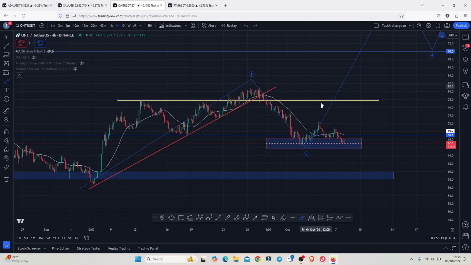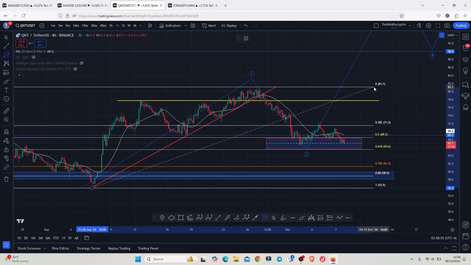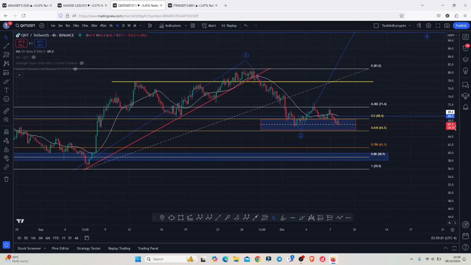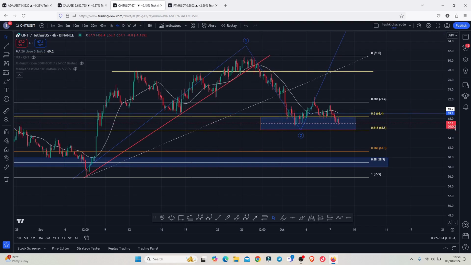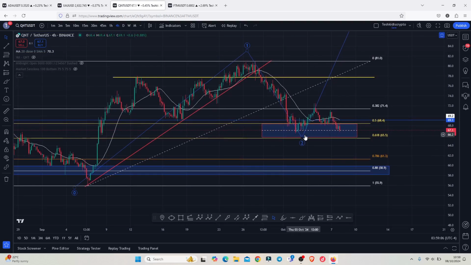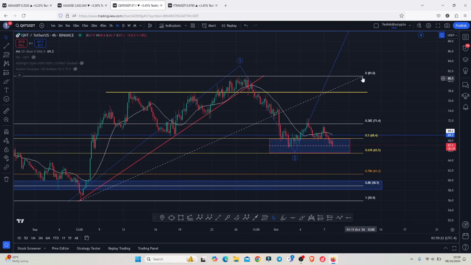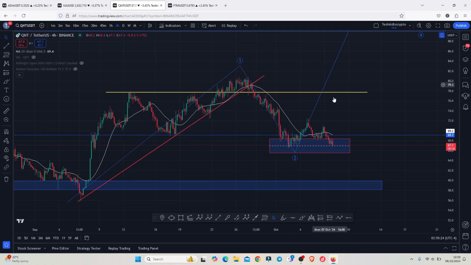And having picked in an Elliott wave count 1, I was expecting a bit of a short-term pullback in an Elliott wave count 2, whose minimum target areas can be given by connecting the Fibonacci from the low of the first wave to the high of this Elliott wave count 1, giving me a minimum pullback target area for the second wave into the golden pocket between the fib level 0.5 and the fib level 0.618, and that is between the $68.4 and the $65.5, which is the area that I have highlighted here on the chart. And this is an area that you can see that we have almost fully maximized,